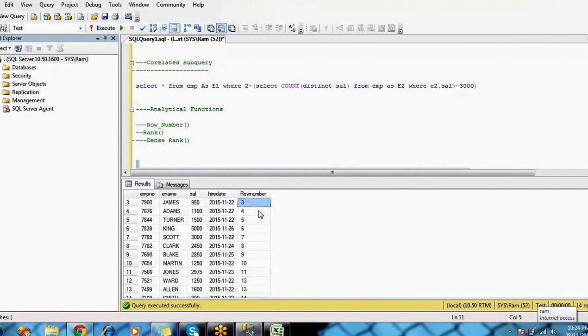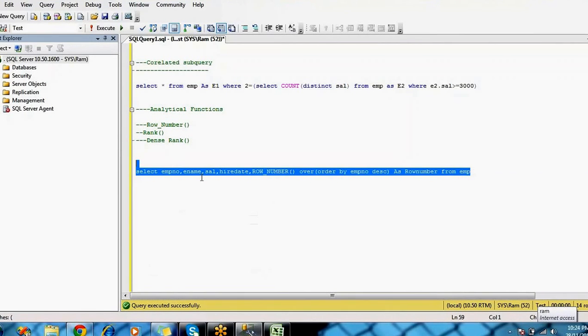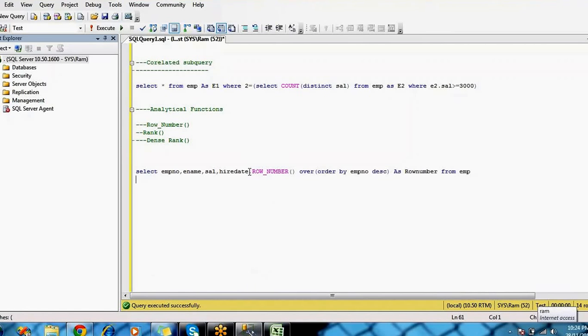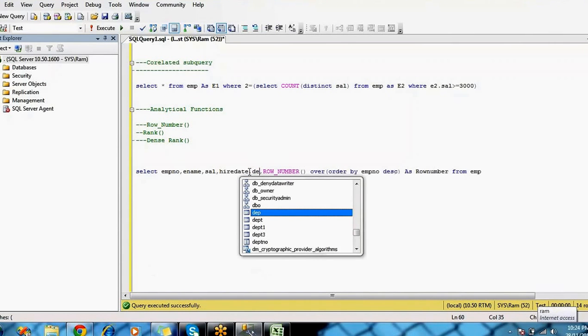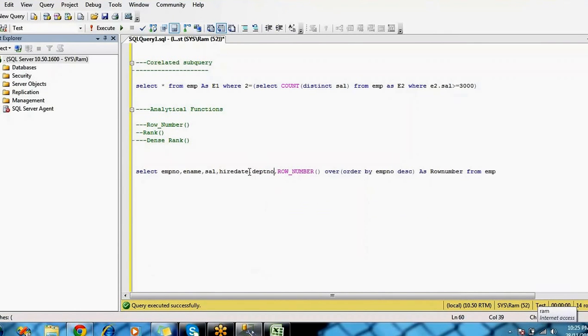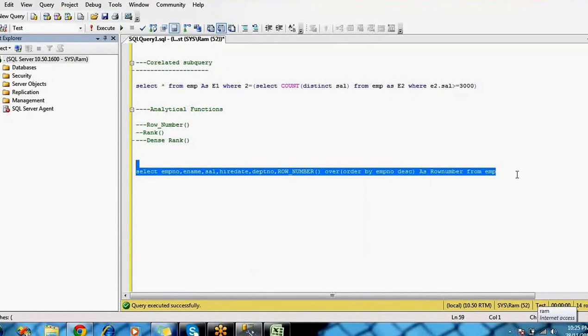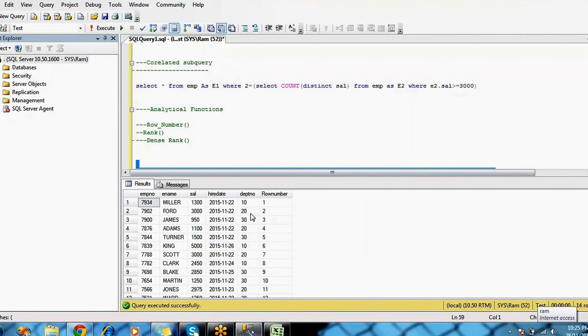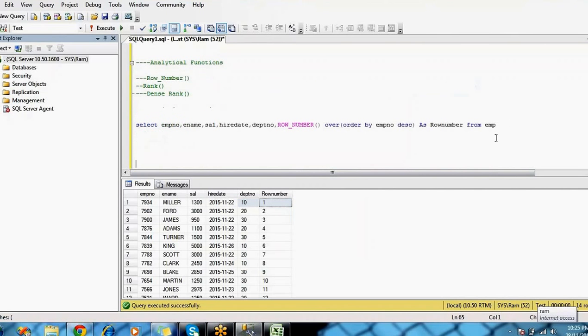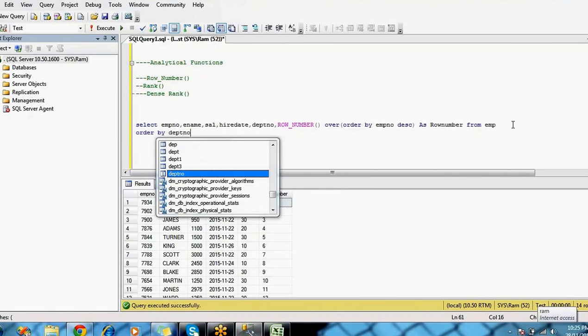If you want to generate the sequence number based on the department number, for example, if you have a department number also, you see the department number. What I'm going to do here is find out the sequence number for each department, so I want to order by department number.